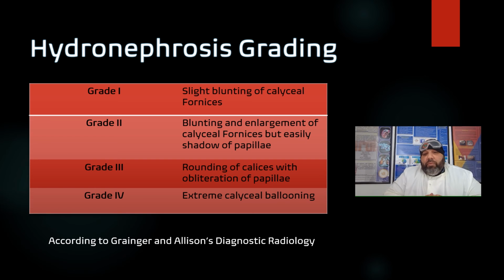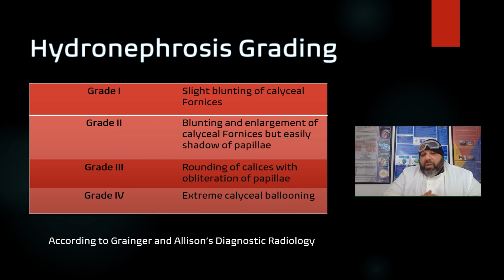Grade 2, there can be blunting and enlargement of calyces, but easily seen in some parts of grade 2 investigations, but can also be shadowed by